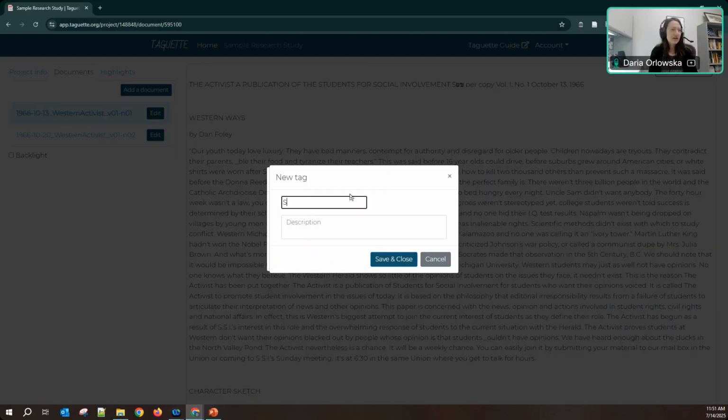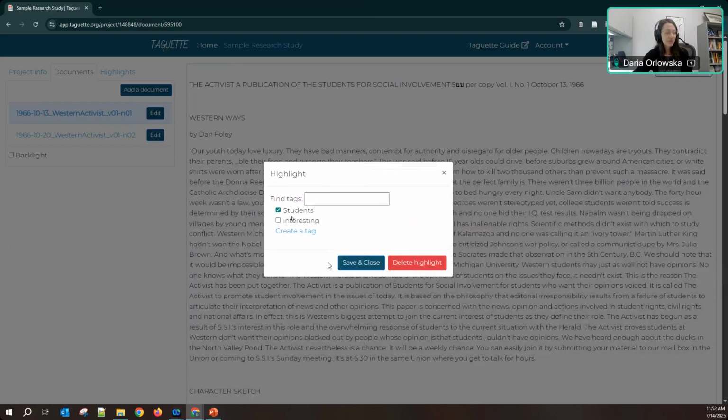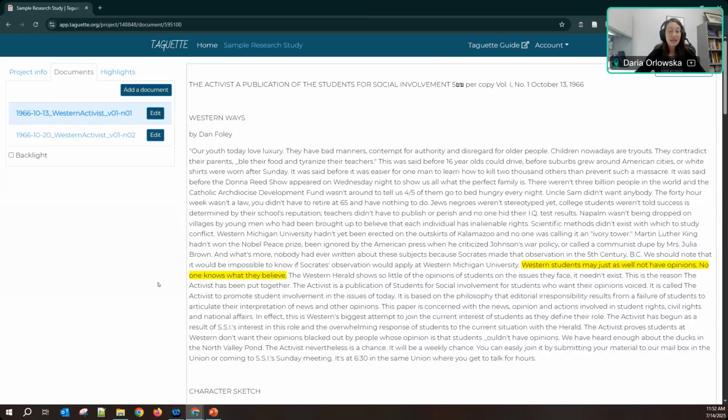So maybe we create a tag called students, and the description could be any tag involving or mentioning students. And we can save and close. And then we see that the one that we added is already checked. Then we can save and close, and it will highlight that text for us.